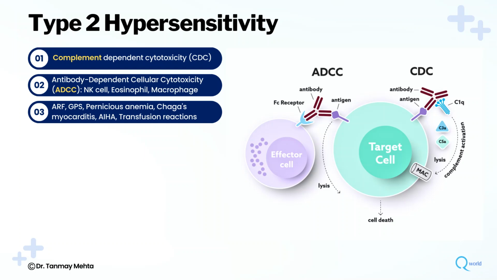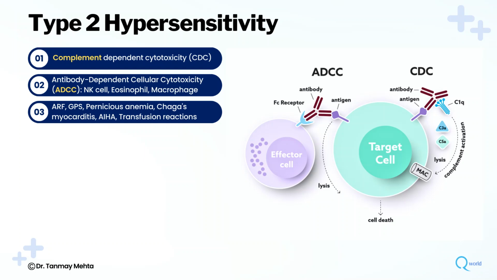So what is the mechanism? How does this work? First of all, we have to understand that just like any hypersensitivity, you require twice exposure, 2 times exposure of antigen minimum. So whenever first time antigen comes into contact with the body,